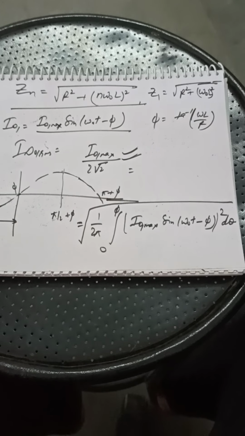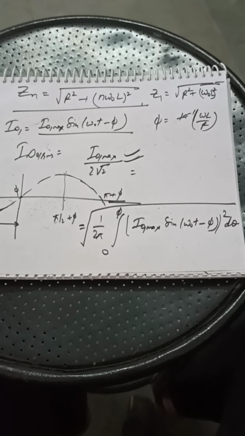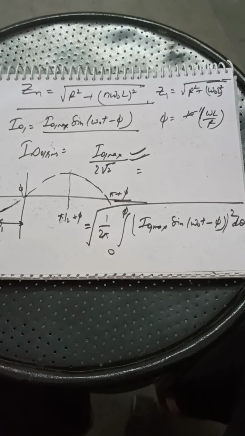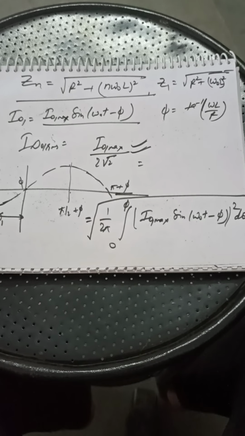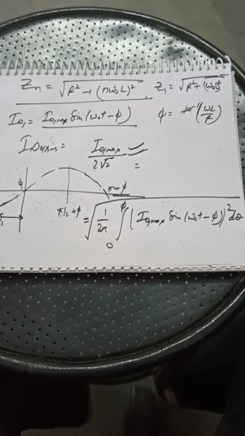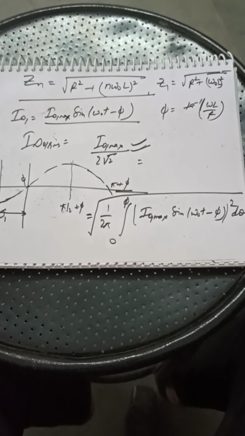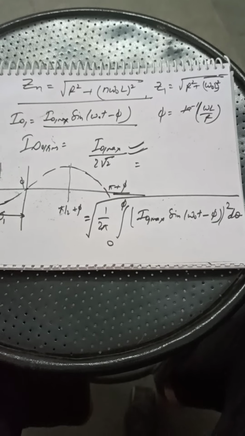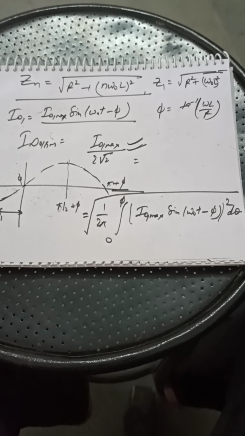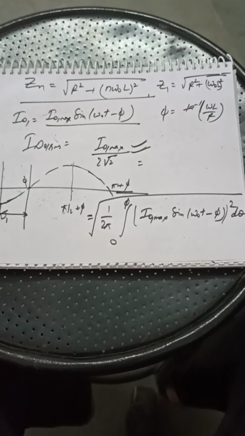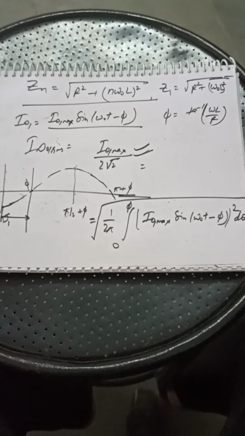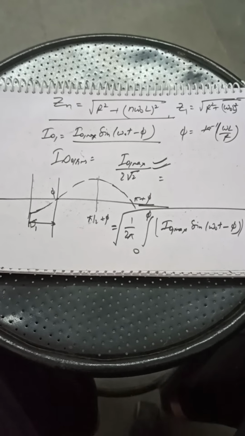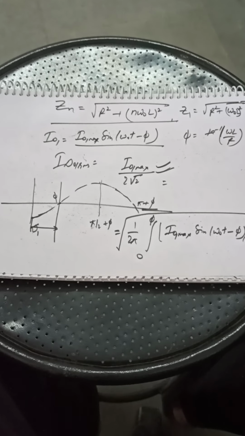Now coming back to the expression of the fundamental current component. It can be easily observed from this part that I01 equals I01 max sine omega naught t minus phi, where phi is tan inverse omega L by R. That is quite easily visible here. What this phi is, I had already discussed: phi corresponds to the phase gap that is there. So we can easily get the expression of I01 as I01 max sine omega naught t minus phi. This is quite easy to implement.